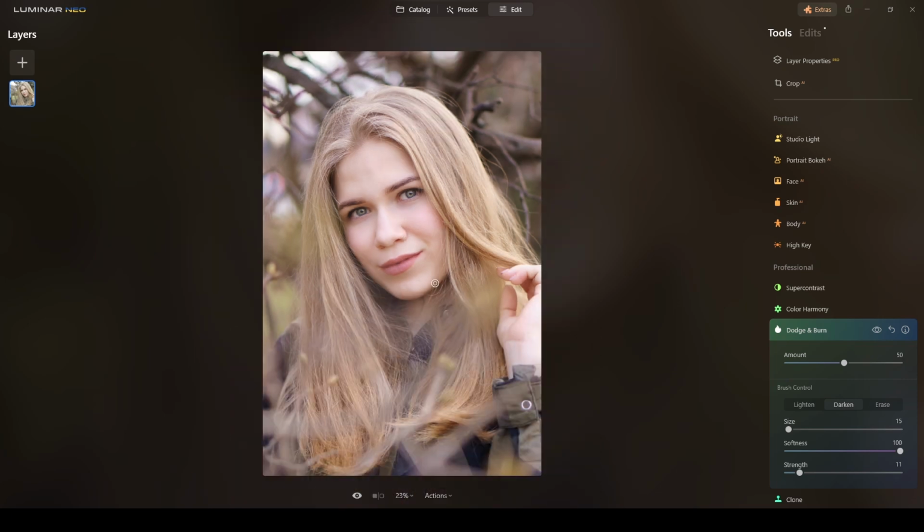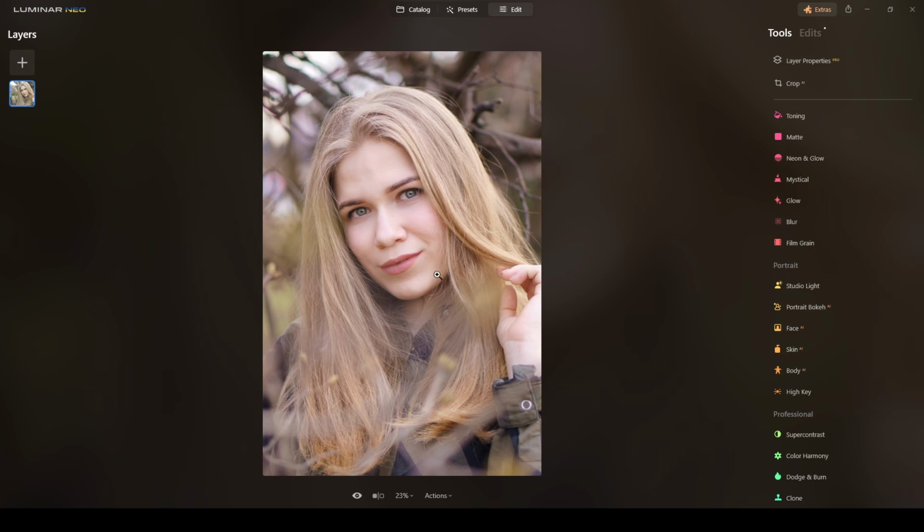So you see, look at this. Without the dodge and burning, with the dodge and burning, it creates depth. You know, there's more depth, more tridimensional ambient to it. And I will not be that concerned if I brighten this part too much, because in my style and my workflow with this type of photograph that have this bokeh stuff in the front and in the back, I will add some flares of light, right, just to enhance or just create or enhance the mood of this photograph. Now, so with dodge and burn done, the next thing I will do here is